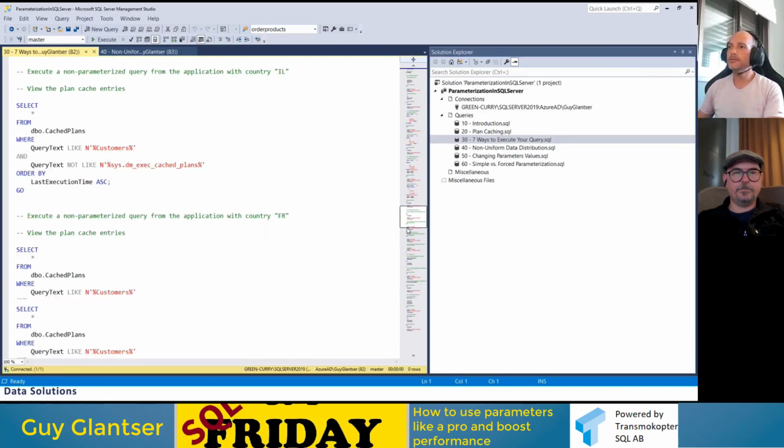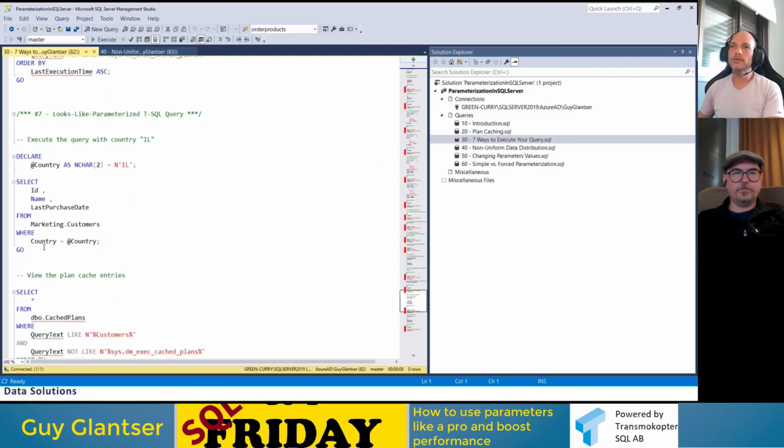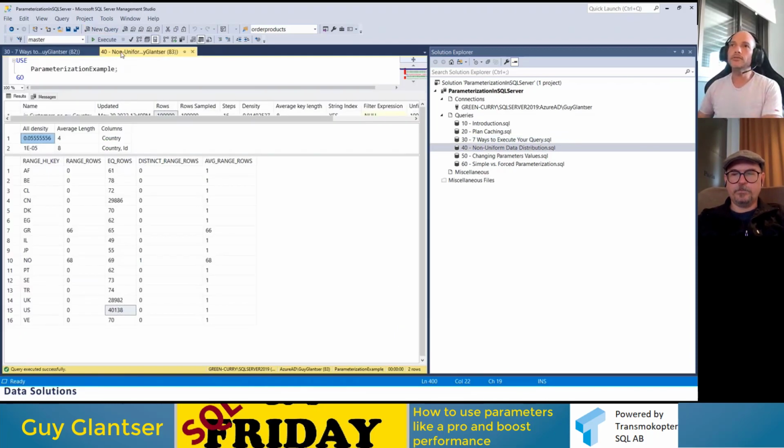to the query. We use this query, this one. Since this is an unknown value during compile time, SQL Server now needs to estimate somehow how many rows are going to be returned for country equals unknown. Of course, it can't use the histogram, but it can use this all density value, the total average. So it says on average, for whatever country, it's going to return this number of rows, 5555. Okay, and this is where the estimated number of rows comes from.